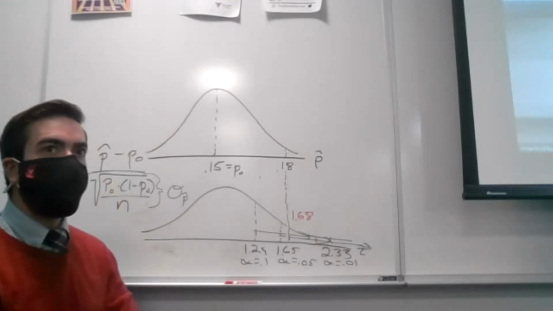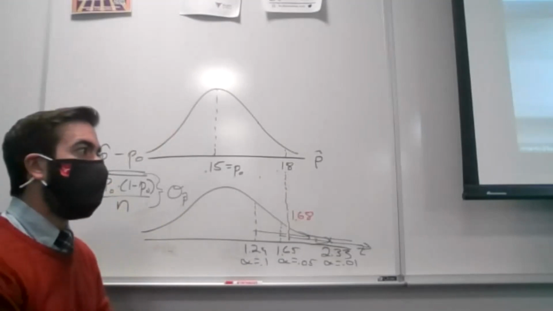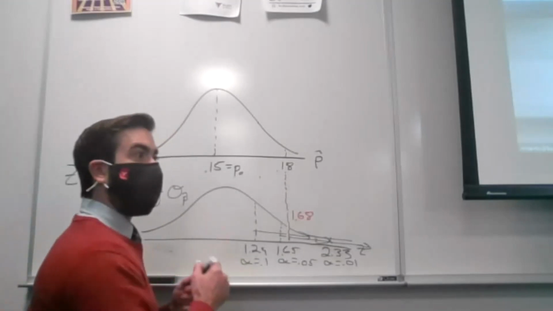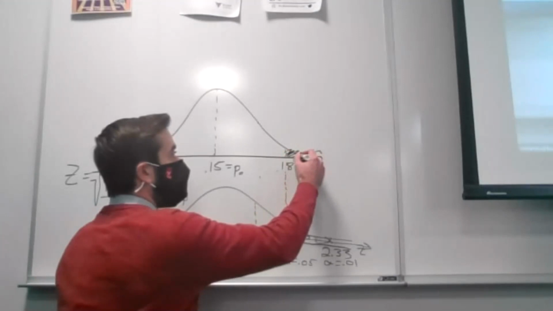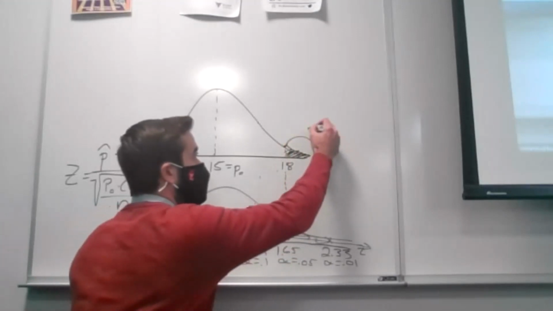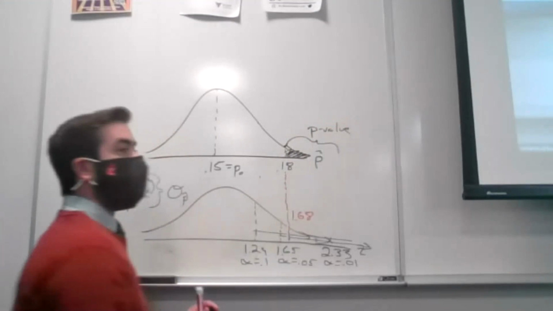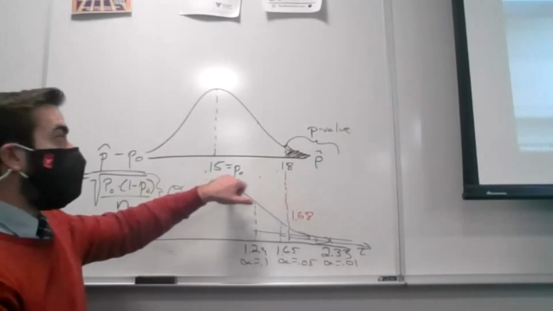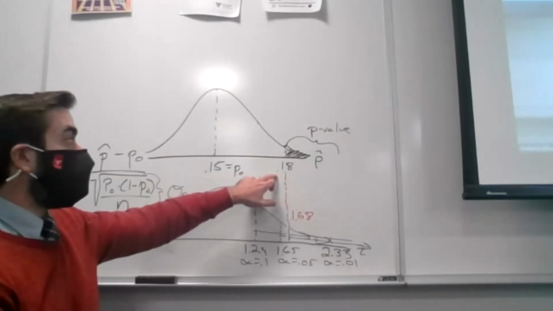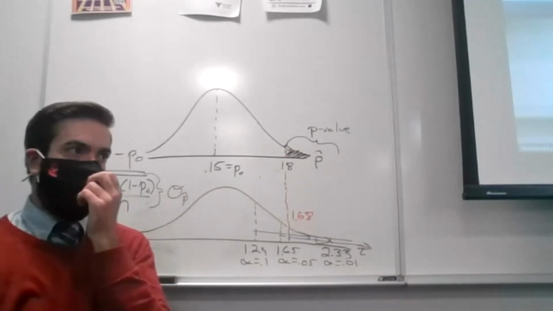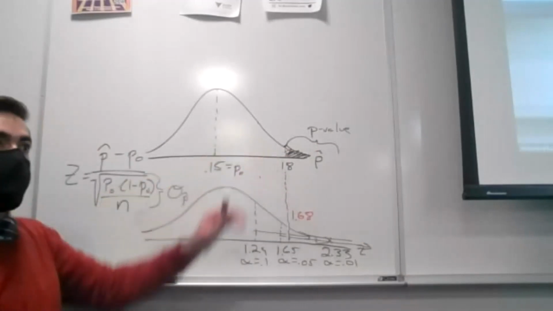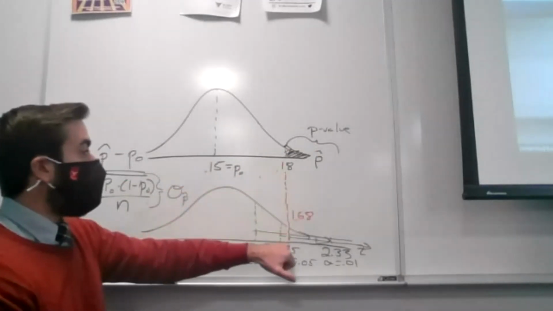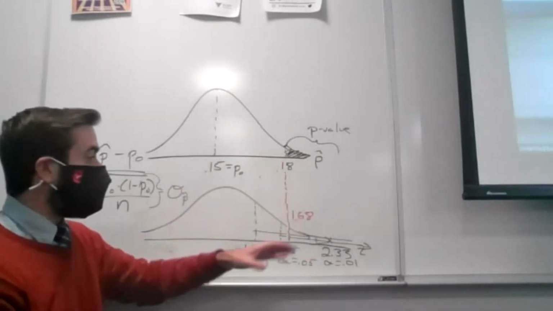If instead I wanted to use the p-value approach, what I would have done is say, well, look, I have a right-tailed test. I want the probability that I saw sample evidence that went against the null that was as far away from that assumed true value as the sample proportion I found, or anything even further away. Well, I can't find that if I just have this normal distribution very easily, unless I want to do a bunch of calculus. But if I can convert that into a z statistic, or my test statistic,